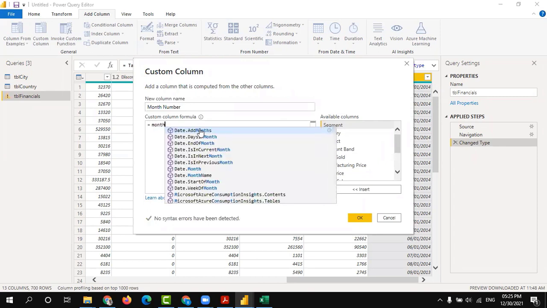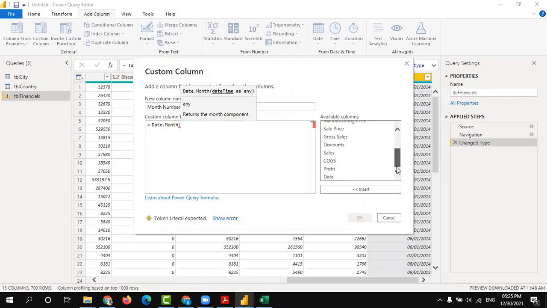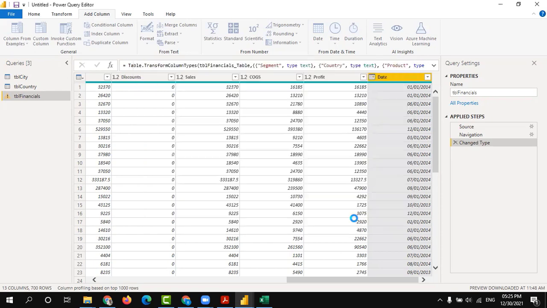There is a direct formula in Power BI, Date.Month, open bracket. You have to supply an argument, a date time. That field, Date, you can click on insert, it will insert, then close it. Click OK.